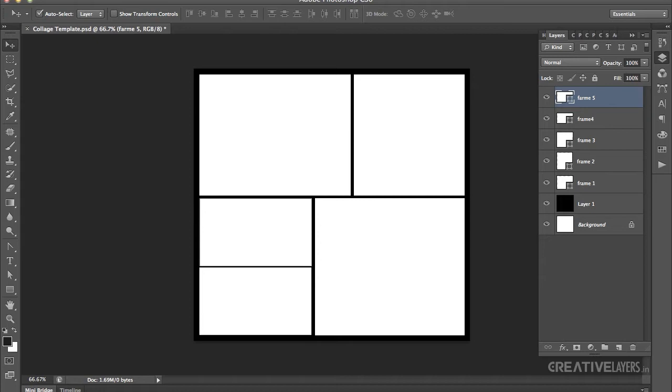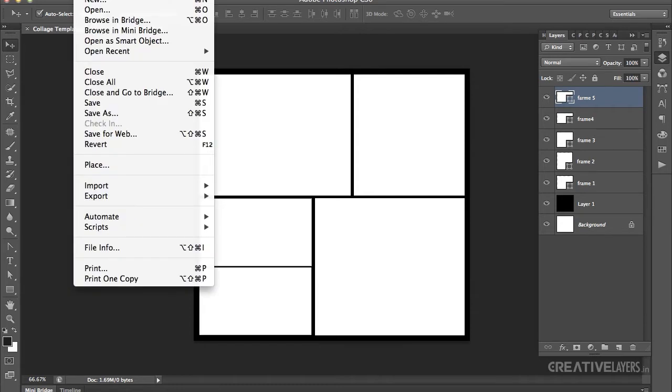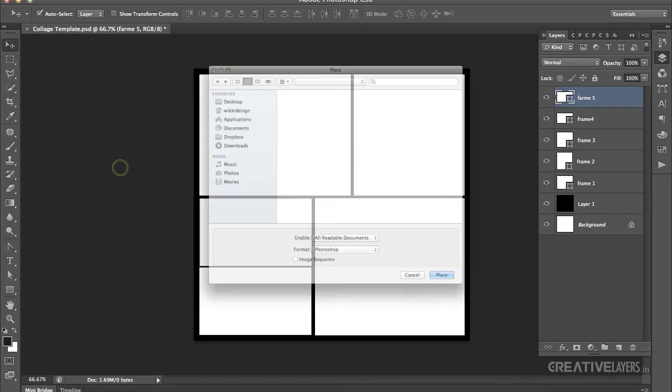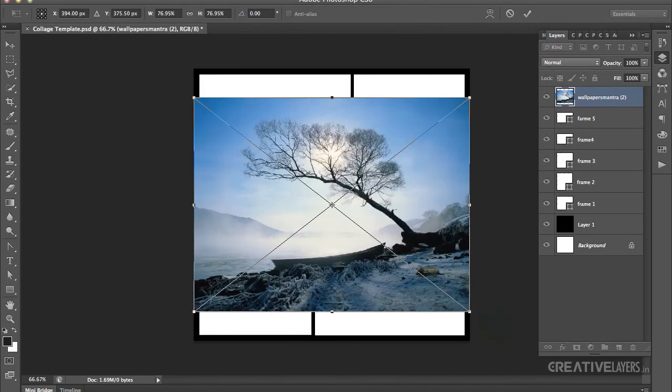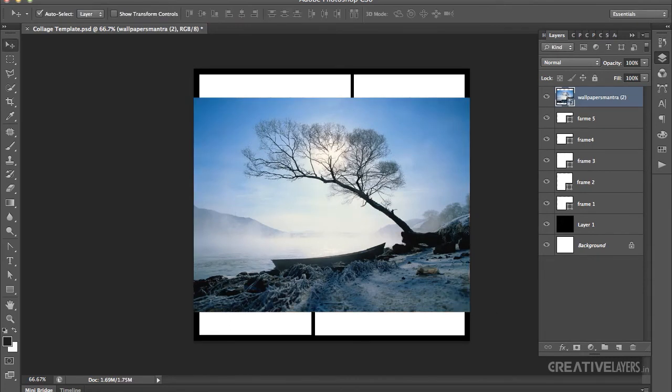all the layers. For having a smart object layer in your document, what you have to do is go to file and then place. So automatically the image which you are opening here will be embedded in a smart object, as I have told you in my previous tutorials. So I've just gone to file, place, chosen the destination folder, chosen my picture and then OK.